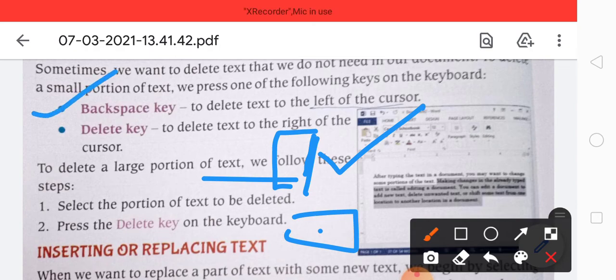This is the use of the backspace key. With the delete key, you can delete the whole document, or only a single word or a single character from the line. But you have to first select the text you want to delete, then press the delete key.